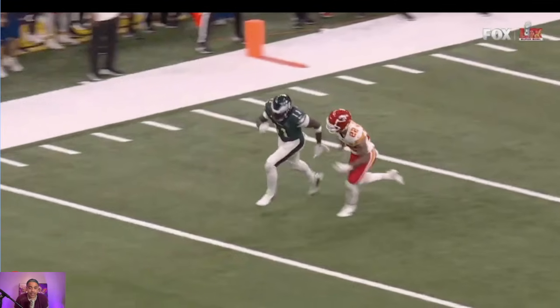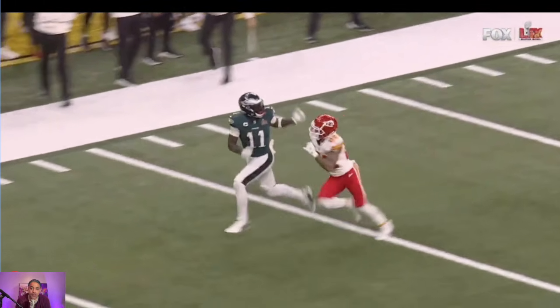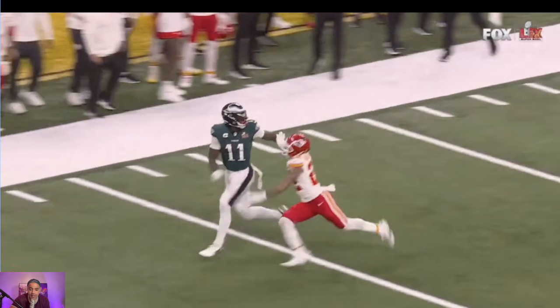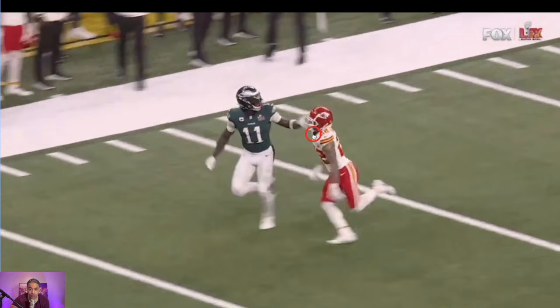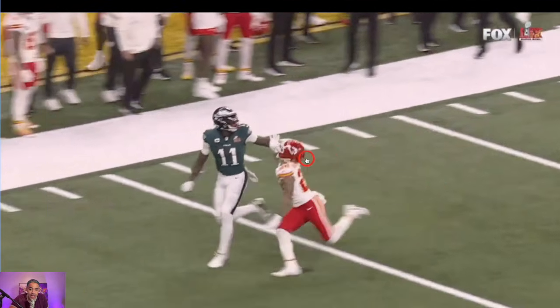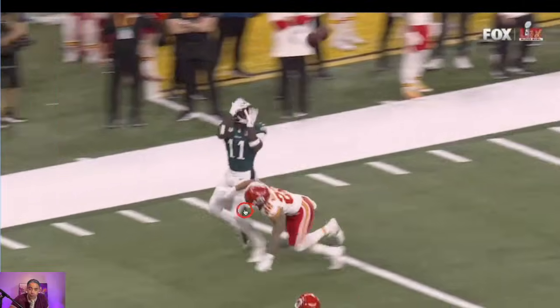Biggest call early in the game was this offensive pass interference. Y'all, this is OPI all day, every day. You can't hit somebody in the helmet. And look, if you're going to call hands to the face, that also works. That's probably the better call here, because if it was offensive pass interference, I don't mind letting minimal contact go, but it should have been hands to the face if anything, and this is obviously a huge break for the